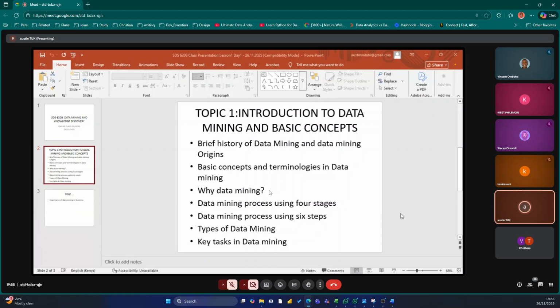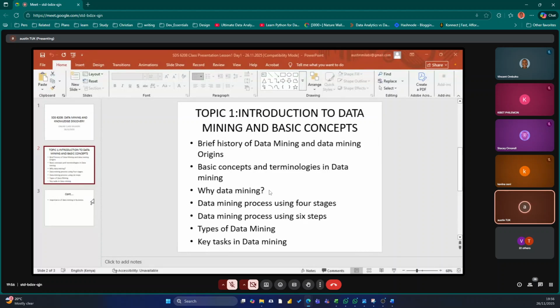So when we talk about the 6 stages, which I will also share a graphical representation, we normally have 2 of them that will give us the structure of the 6. That is, we call it the cycle of the 6 steps applied in data mining.